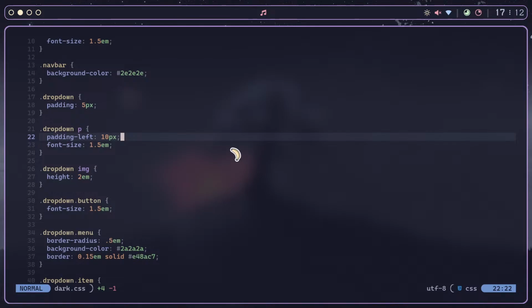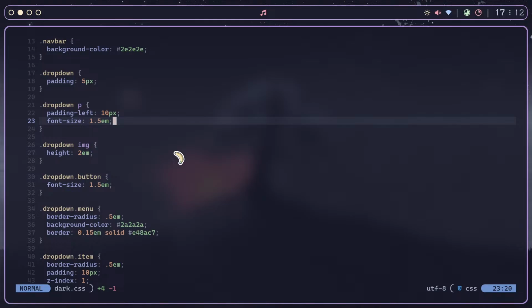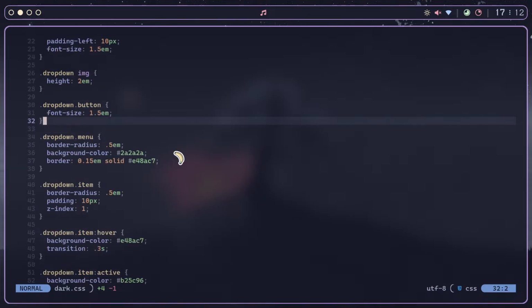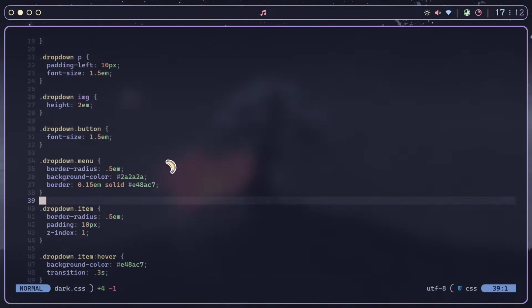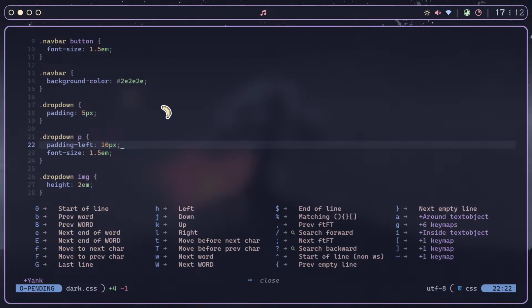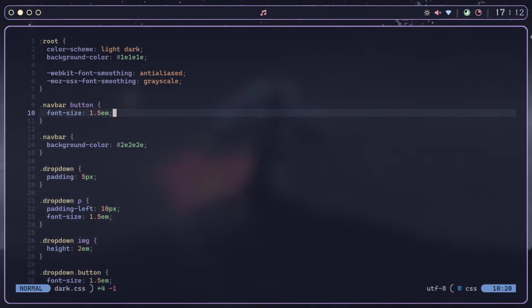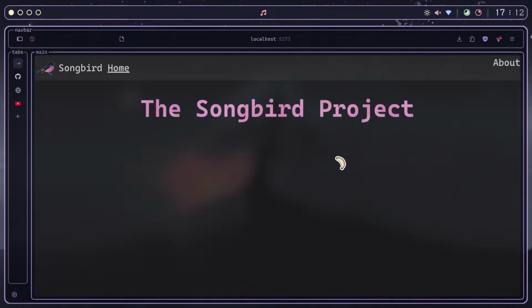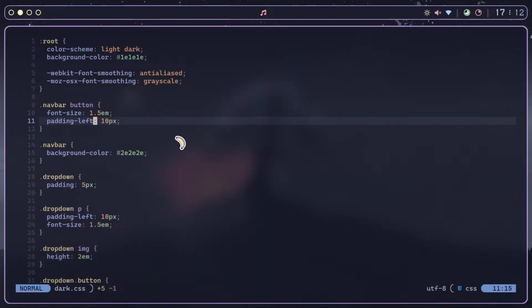Padding left 10. But I don't have any padding on the top. Let's start with the padding on the left, and then we can work out. And actually this needs to be on the right. And instead of that, we use,